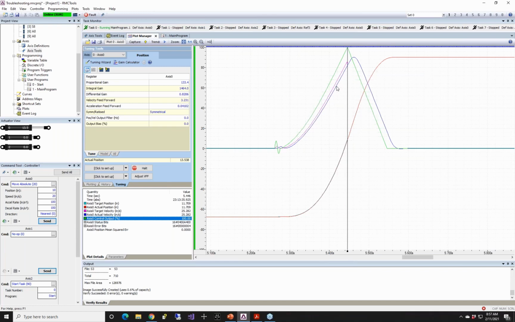Generally, the output saturated is a nice error bit to have, but it doesn't look like there's really any damage happening to my system. I think everything's fine. I mean, it doesn't look like I'm running into the edge or I'm crashing into anything. If you're certain that you're not going to cause any damage to your system, one thing that you might do